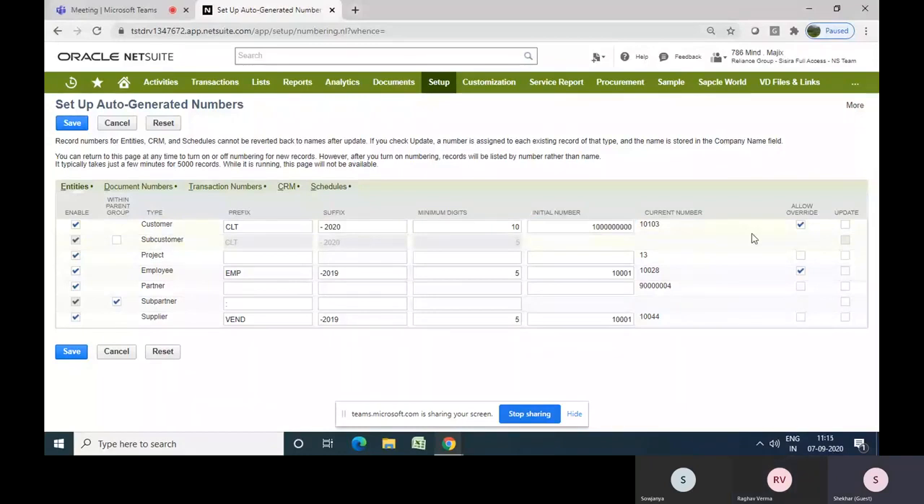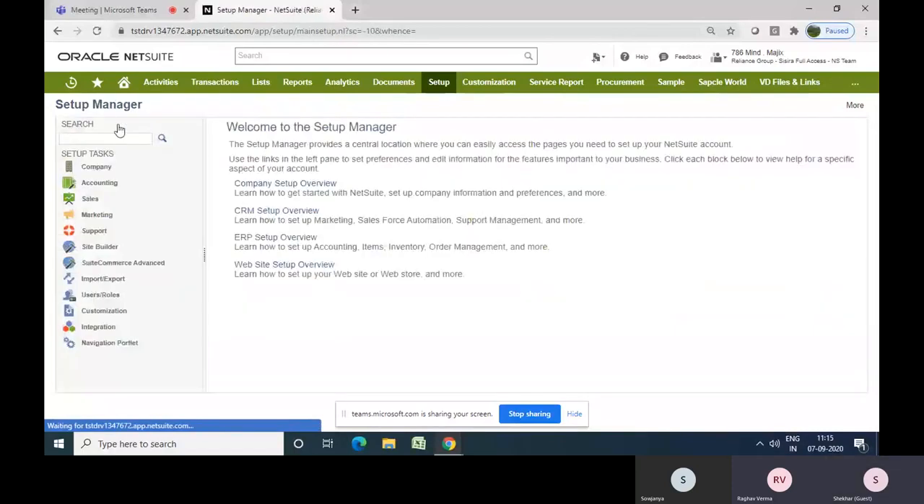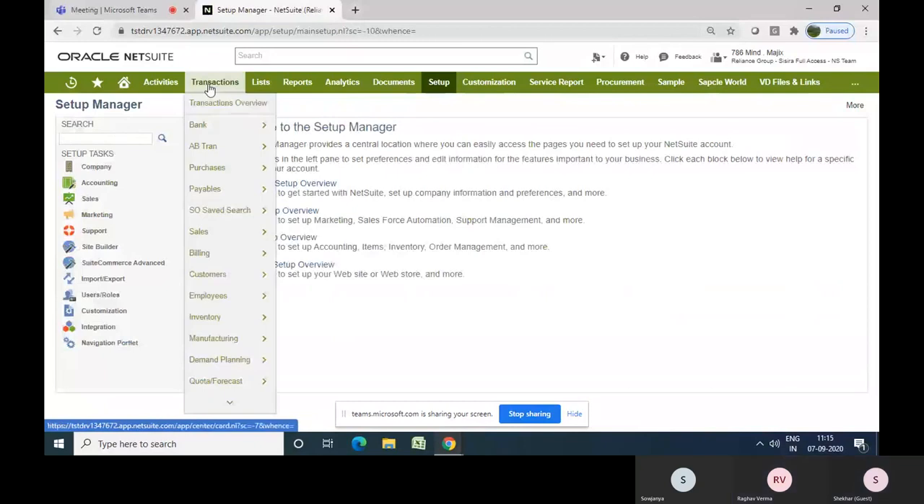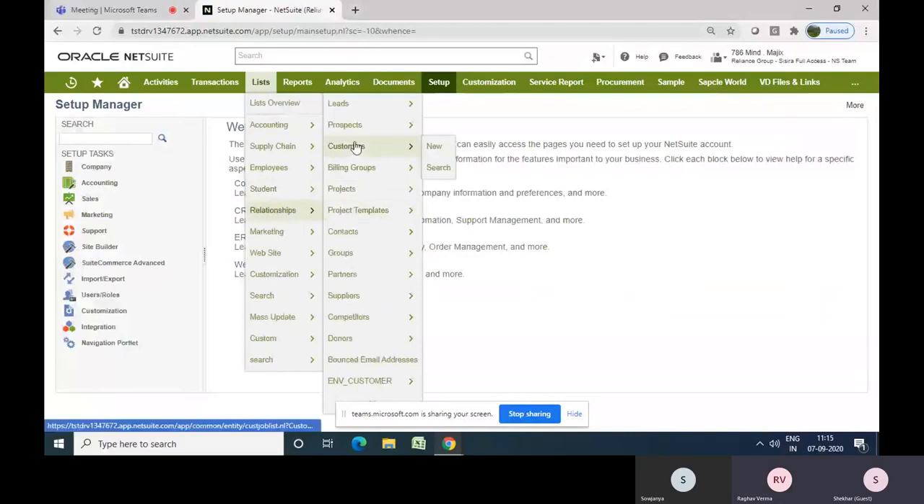If I click on allow override, the system will allow me to change the document number. If I say update, the system will update the existing ones as well. I don't want that, so it's okay for me. I'll just save it. It's showing current number 10103, which is going on as of now. Now if I try to create a new customer,